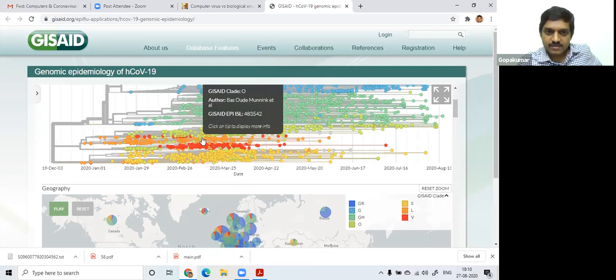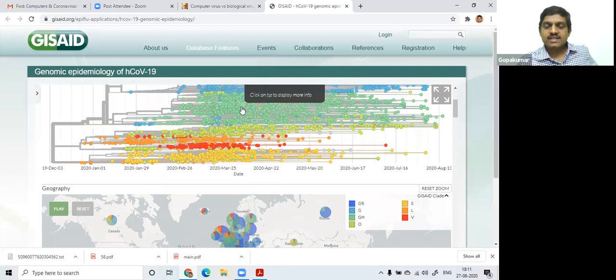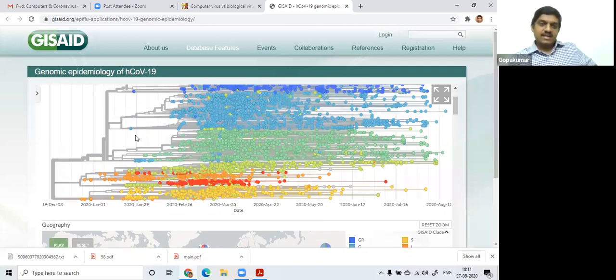Okay, so if you place your mouse on any one of these, you can see the details, and if you click on it, then you'll get those details. So this is called a phylogenetic tree, showing evolutionarily how this viral genome got mutated, and who are actually closer, because this information will be vital for developing vaccines, because closely related sequences will be able to get the same vaccine. But very distant means you may need a different vaccine or a different treatment itself. So it's very crucial.